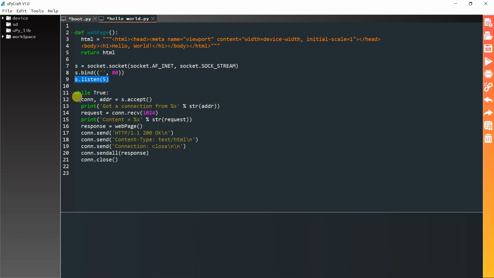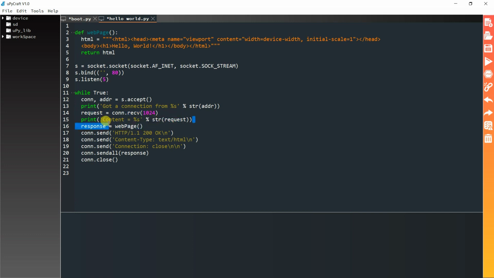In the while loop, when a client connects to the server, we call the accept method to accept the connection. This line prints the client address and saves it in the address variable. This line gets the request received on the newly created socket and saves it in the request variable.